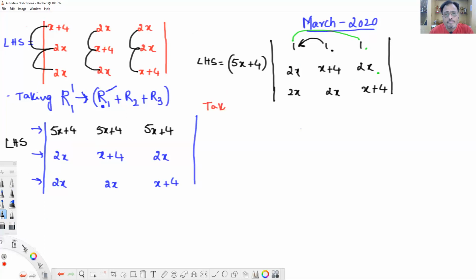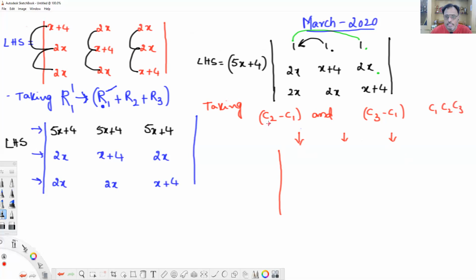So taking C2 minus C1 and C3 minus C1. Now this is the determinant after the operation that you are going to get here. There is a place for the first column, a place for the second column, and a place for the third column. First, what is unchanged? C1. How many columns are there? 3 columns. In the first surgery, C2 is visible in the first position, remove it. In the second surgery, C3 is visible in the first position. Whatever is visible in the first position has to be removed. That is, C1 is unchanged.